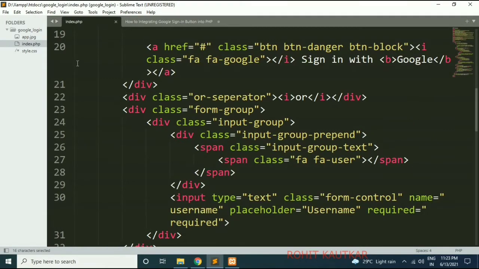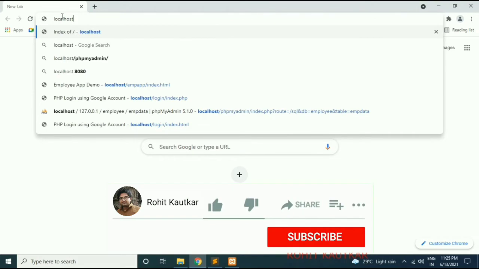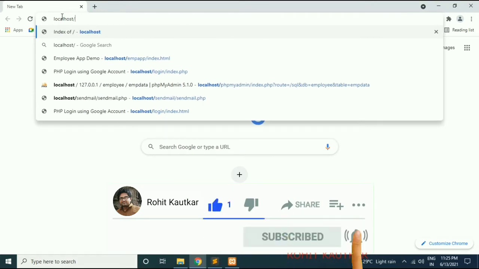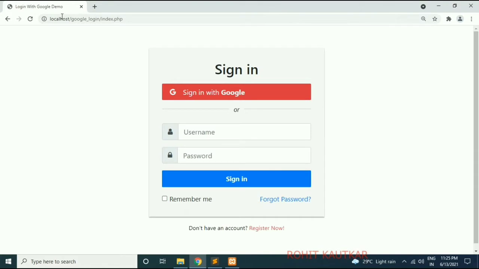Friends, now I will try to run this file. So here I will type localhost/Google_login/index.php. Friends, you can see this kind of form we will get. Whenever the user clicks on this sign in with Google button, he will get redirected to Google's sign in web page.